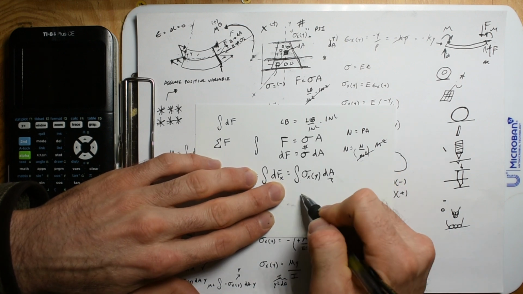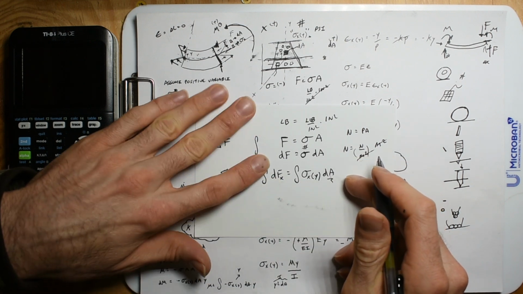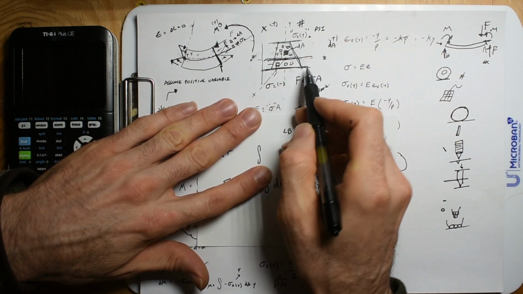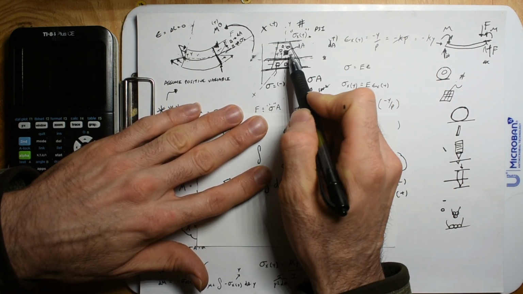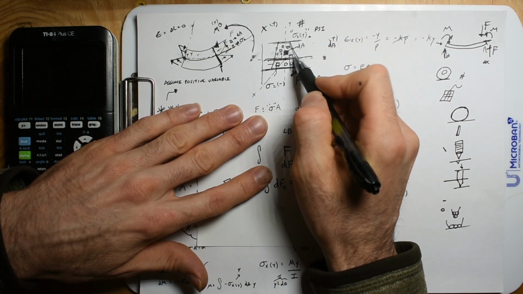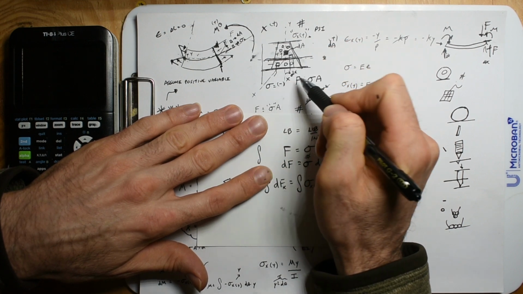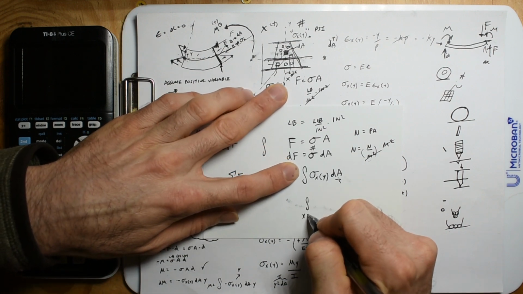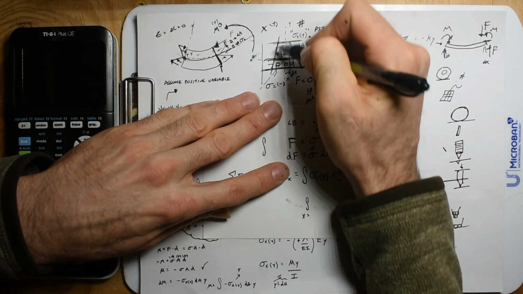Set this up. This is dA. This is a double integral. I like to do a little slice. See, that's where it's just not going to make sense if I go over it fast. I don't like to do a little box. I like to do a little slice. So I'm going to call that dx. It's a distance x from the origin. And so for my first integral, it's going to be x is equal to, and I've got to get this equation as a function of